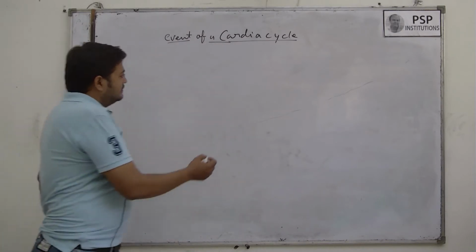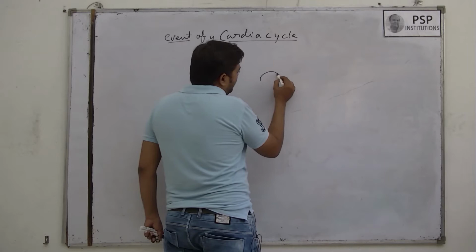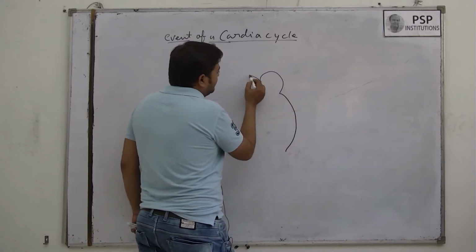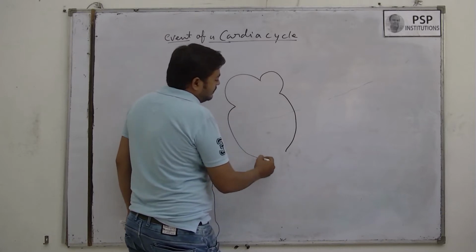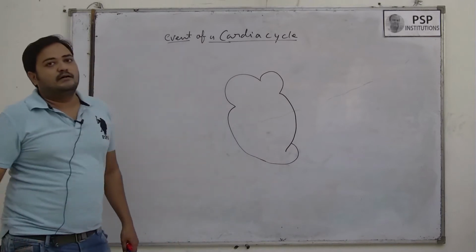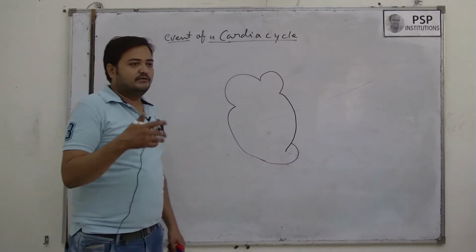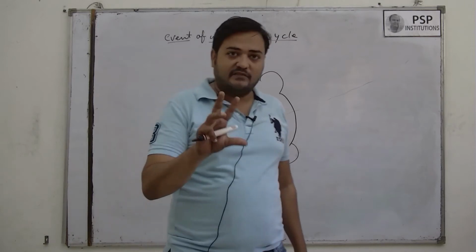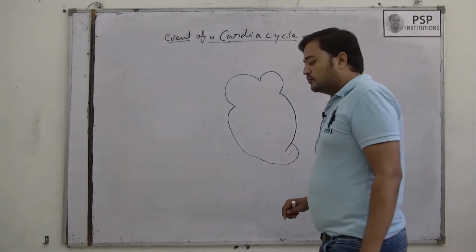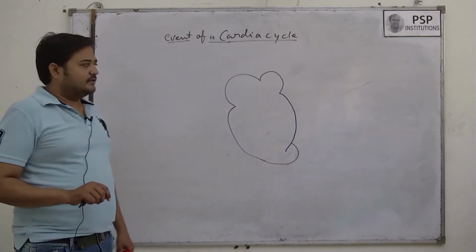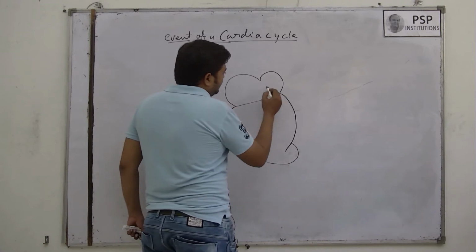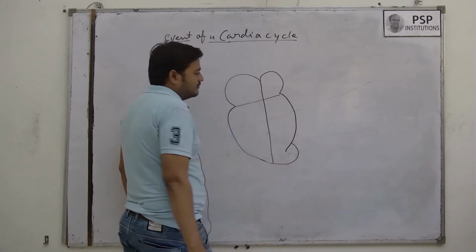We already know that the human heart has a 4-chamber heart. Okay, we already discussed that other animals have a 2-chamber heart, 3-chamber heart, 5-chamber heart. Okay, and mammals have a 4-chamber heart. So in the mammal we are discussing the 4-chamber heart today. This is a normal, rough structure of the heart.